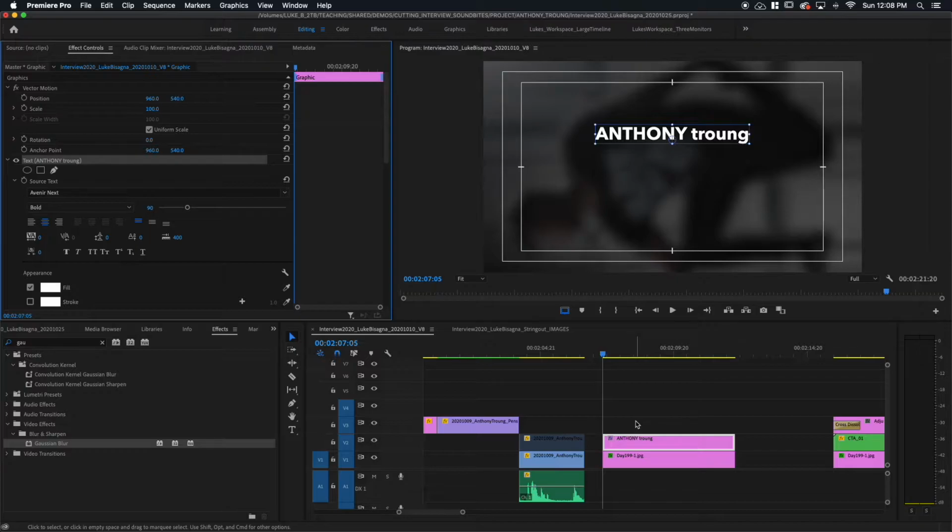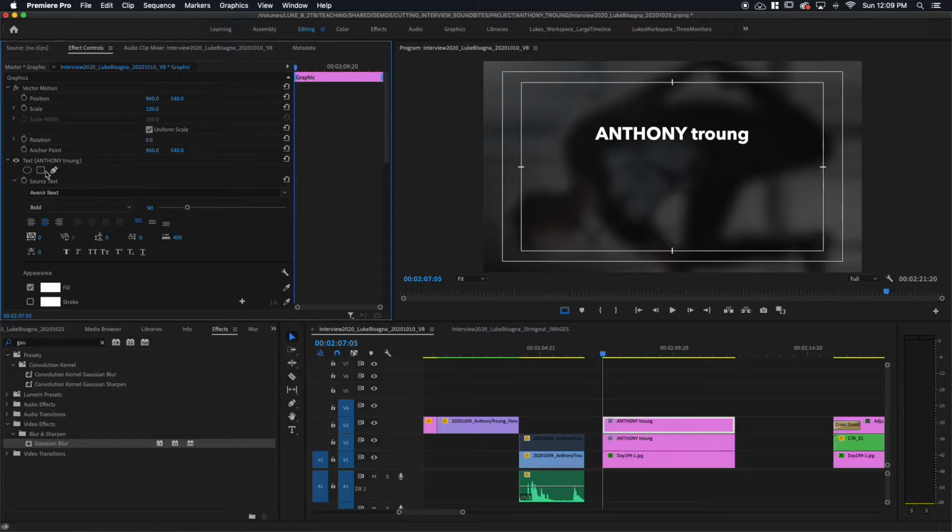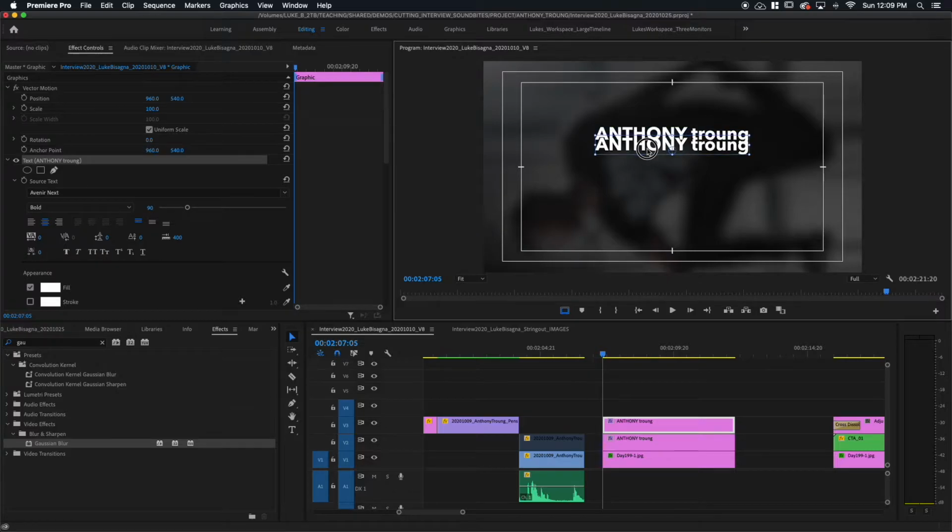Okay. So now to construct the next layer, because I already have some of the settings that I like here, I have the centering, I have the right font, I'm close to the size that I want, I'm just going to copy this first layer. So I'm going to hold Option, click on it, and drag up. And now I've got a duplicate of that. Click on this layer, head up to the text layer itself, click on it, and then I get my control. And then again, I'm going to click, hold Shift, and drag it down to where I want it to be, about right there.